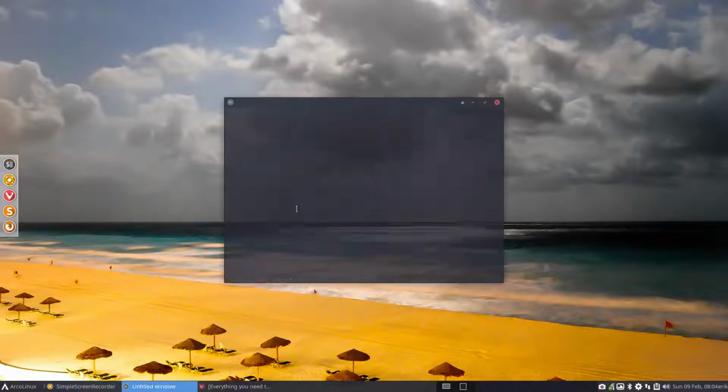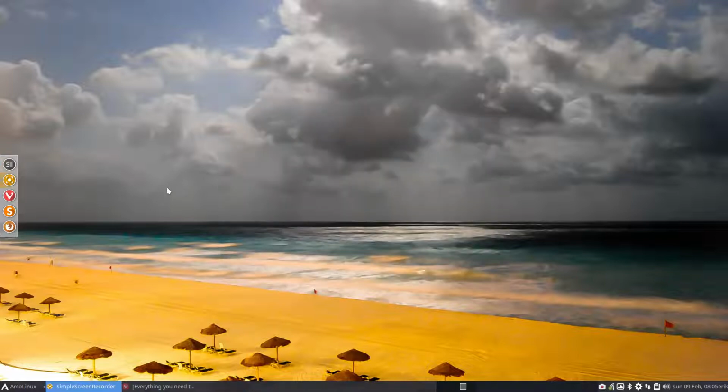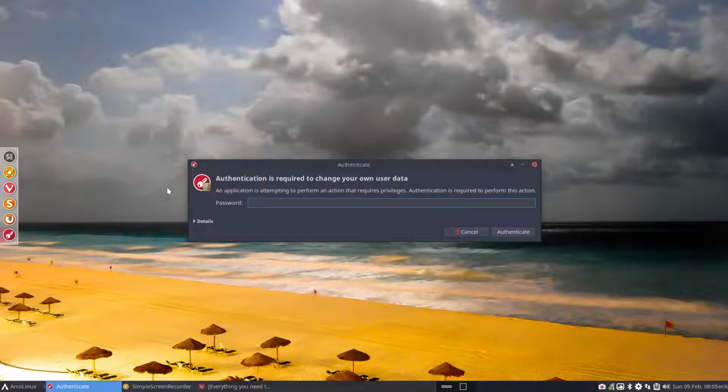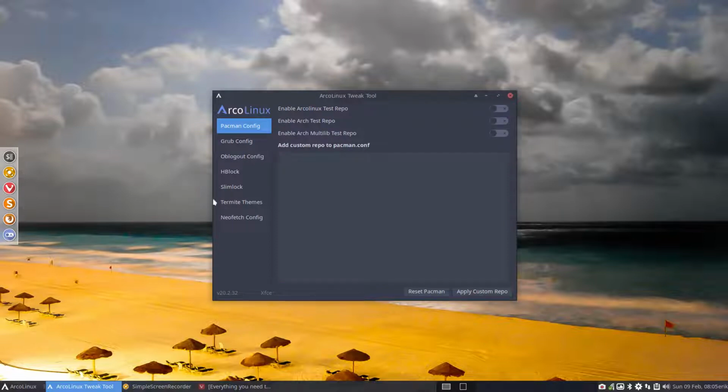Hi, welcome. We are looking at our tweak tool, and the tweak tool can be installed with a simple command. This one: sudo pacman -S arcolinux-tweak-tool-git, then you have it. It will be in your menu, but it's also in your keyboard shortcut, Ctrl-Alt-E. It wants to be root, so you give it a password, and then we are going to look now at